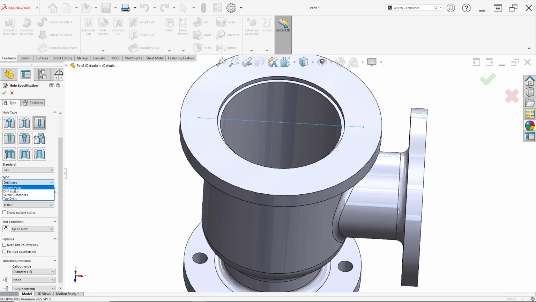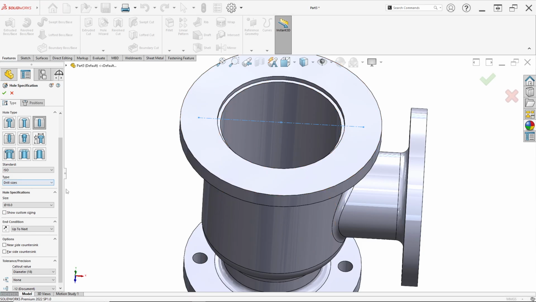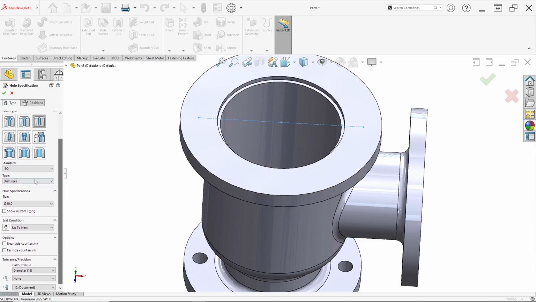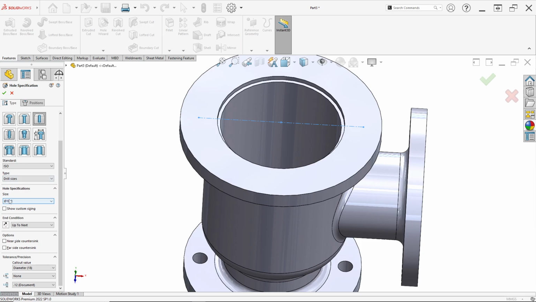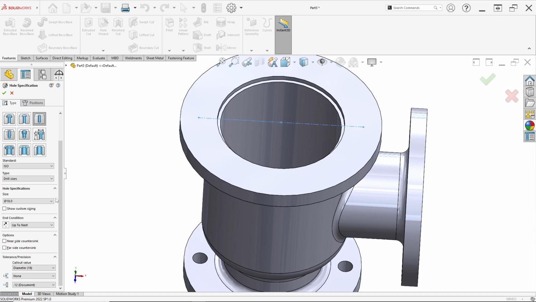You can change it to tap drill or drill size, but here I use drill size, for example, because this is a valve body. For connections we usually use drill size. It's just an example like this. And for size, ensure you input diameter 18, because M18.